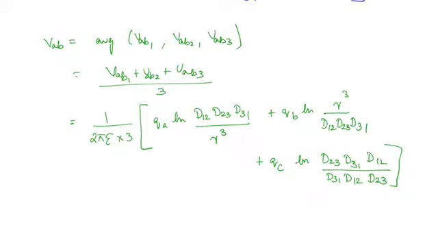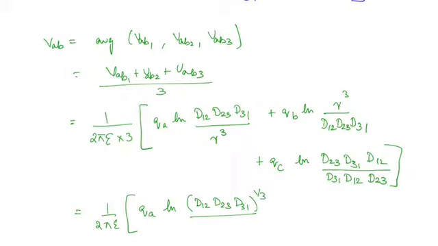So you will be left with 1 by 2 pi epsilon QA ln D12, D23, D31 to the power 1 by 3 divided by R, because R cube to the power 1 by 3 is R,